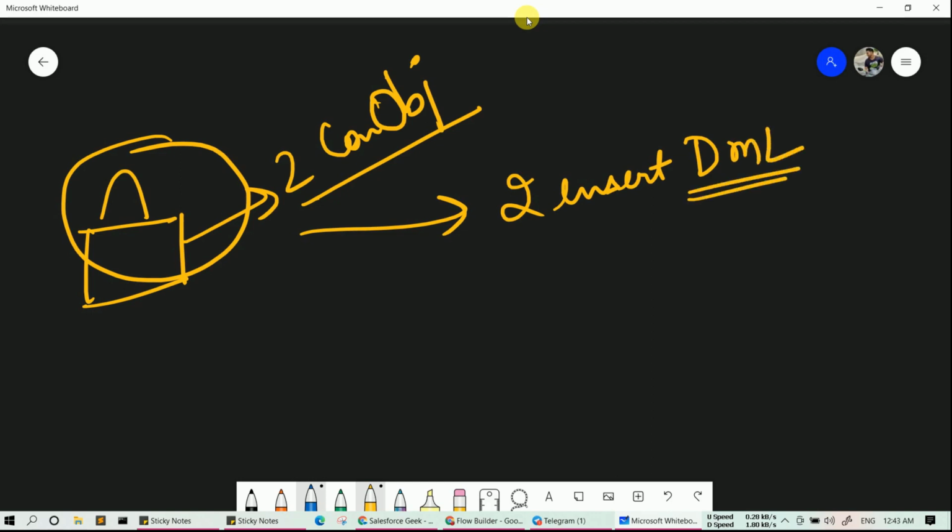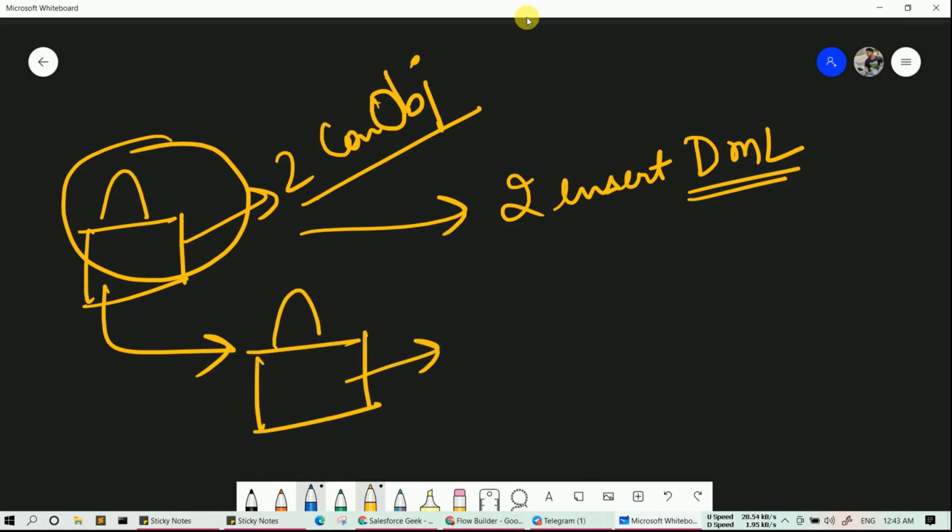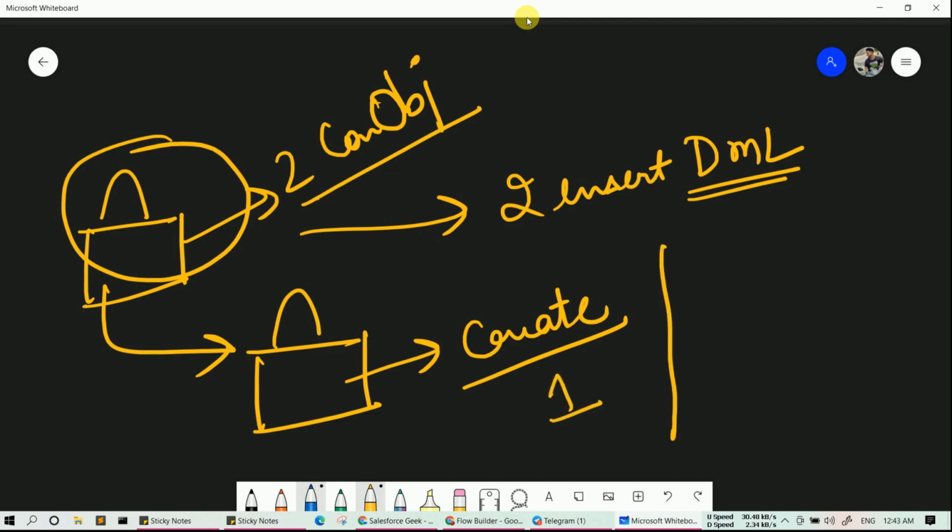And if I use this bag, I basically come out of the loop and simply create this bag. So the number of times I used a DML command over there is 1. Now in the same scenario, let's say we have 100 records.